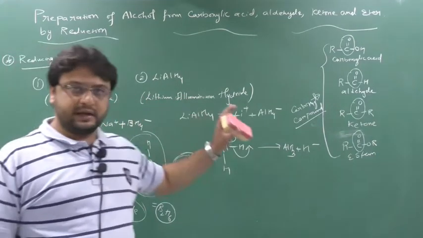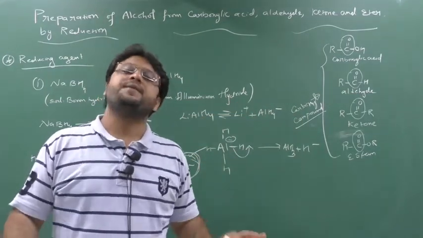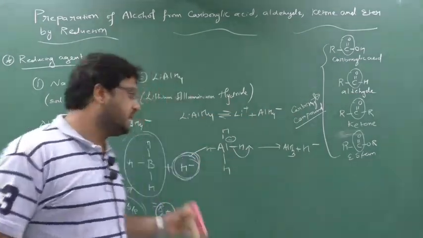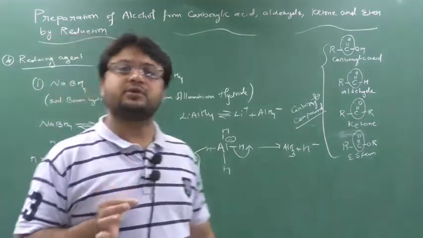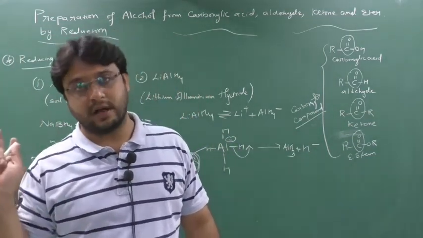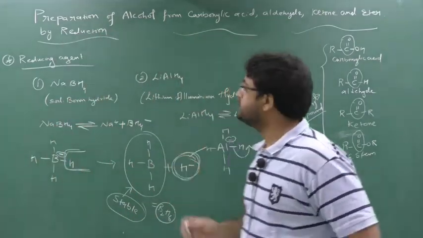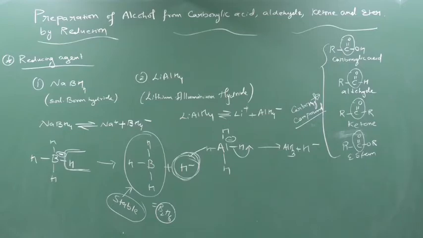By direct reaction you have to understand. I will take each and every example. You understand it clearly, then we will go to the mechanism. Clear this part? So whenever I take the H minus, from where do I have to take it? I have to take the H minus from this hydride, this complex hydride. Clear this part? So we are using two types of reducing agent, sodium boron hydride and lithium aluminium hydride.